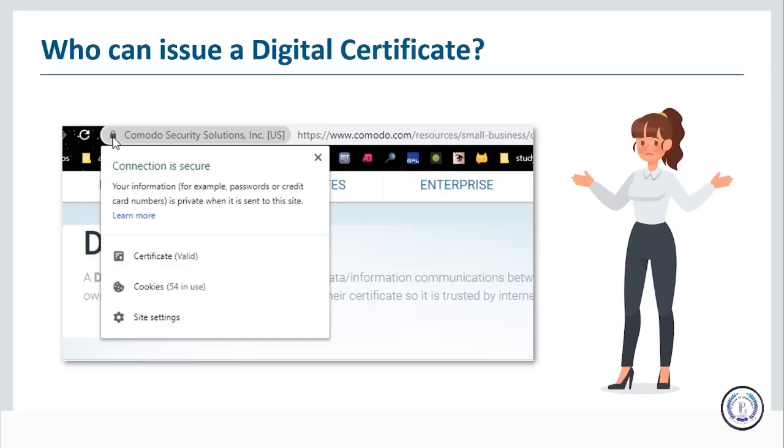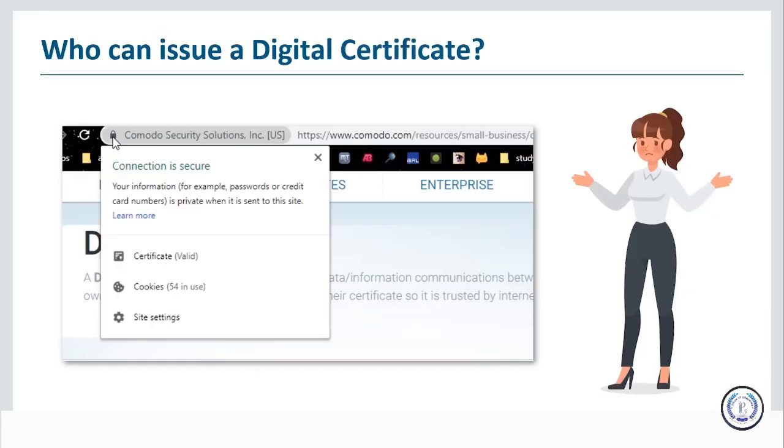Then we have confidentiality. The information within the message or transaction is kept confidential. It may only be read and understood by the intended recipient. Then there's integrity, there's non-repudiation. The sender cannot deny sending the message or transaction. The receiver, we'll get to non-repudiation and I'll explain how non-repudiation comes into digital certificates.